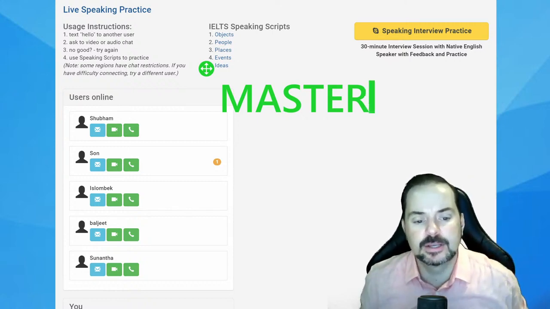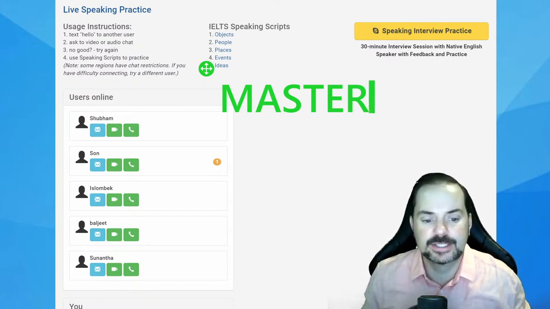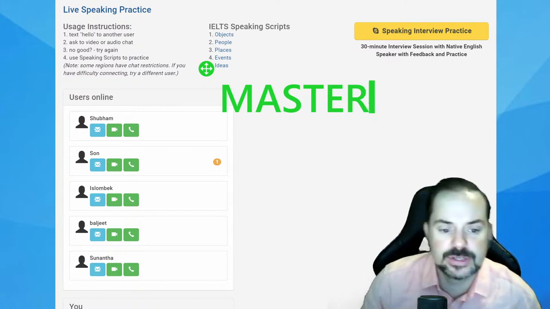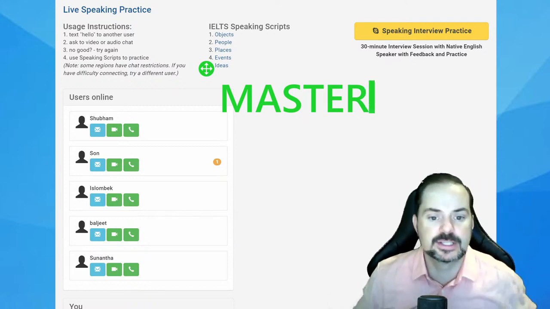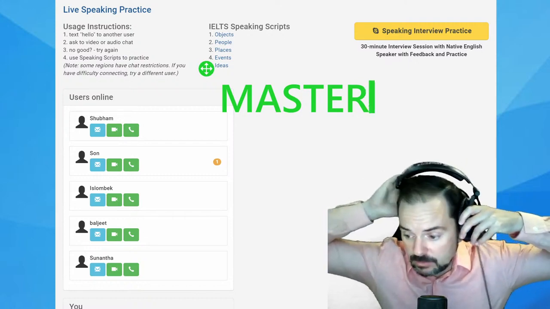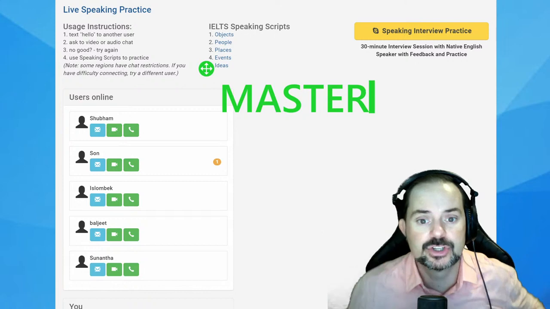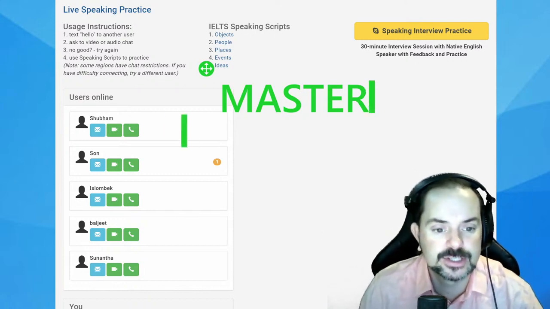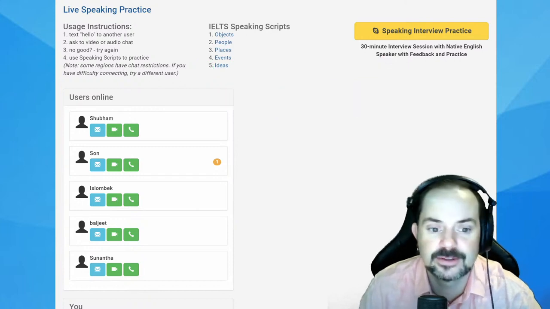So while some of our members decide that they want to volunteer, I think Sunantha and Baljit are the two members I see in here right now. Although I don't always know who's who, because I know we have several hundred members. So if you're a member, you should let me know in the chat. You should say, I'm one of your members. I'm just not chatting in the chat. And then you can volunteer.